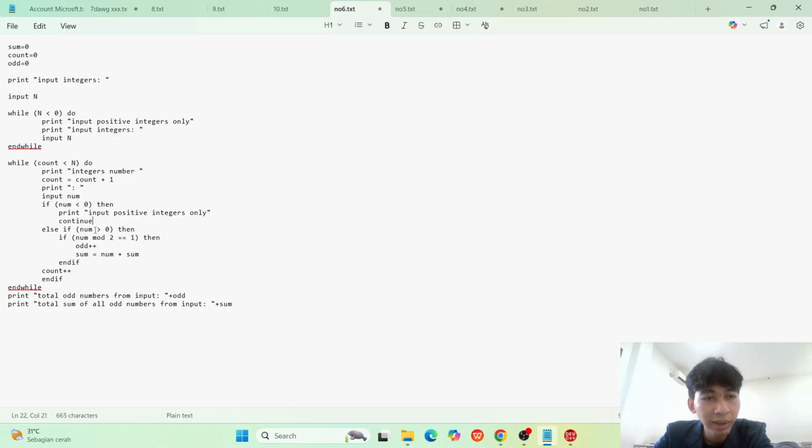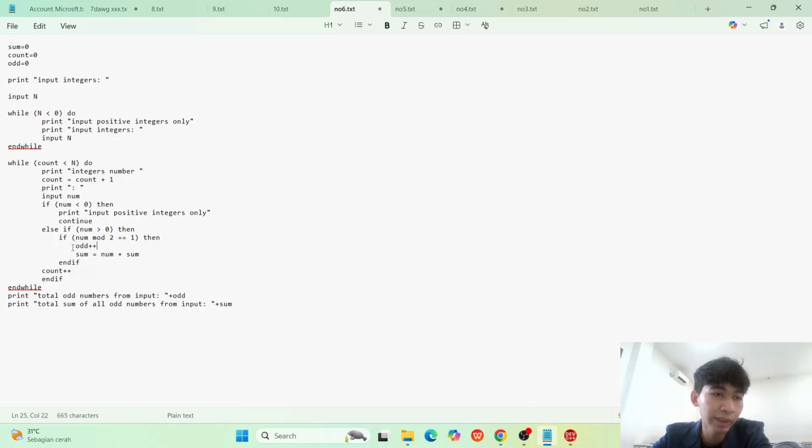Else, if the number is bigger than 0, then another decision: num, which is the value of this num, modulo 2 equals 1. If yes, then the number of odd plus plus. This means it counts up if it is a positive value.